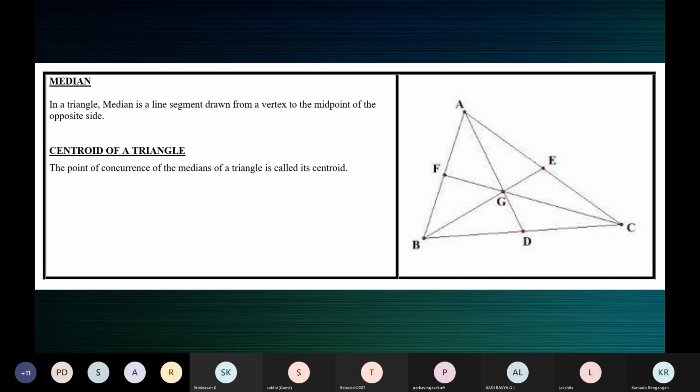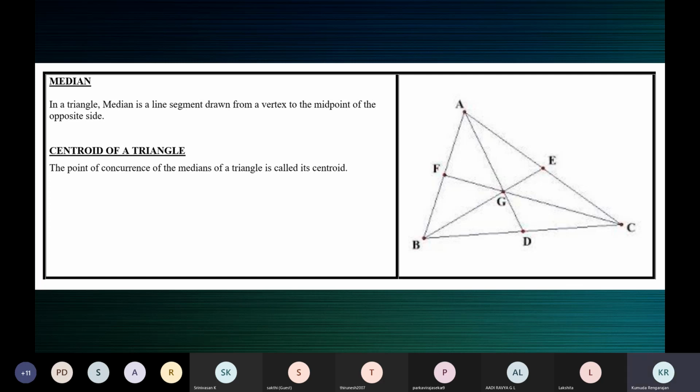Incenter. When you bisect, take up one angle and bisect it, so you get a ray. Or if you produce it on both sides, you can call it a line. Take up the other angle, bisect it. Next angle, bisect it. Pull the lines, and they will all go through the same point. The point of concurrence of the angular bisectors in a triangle is called the incenter.